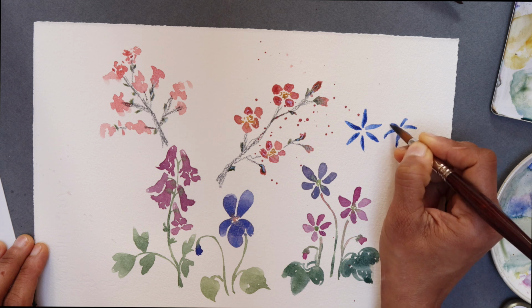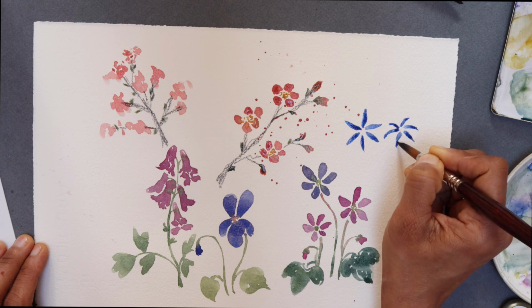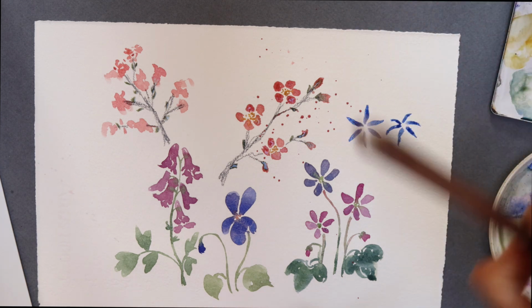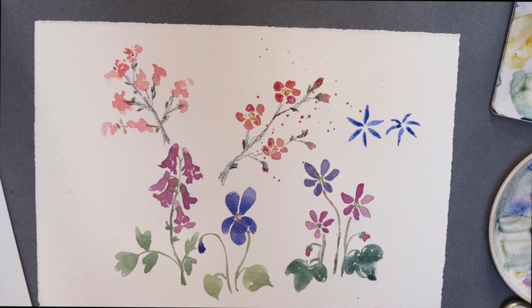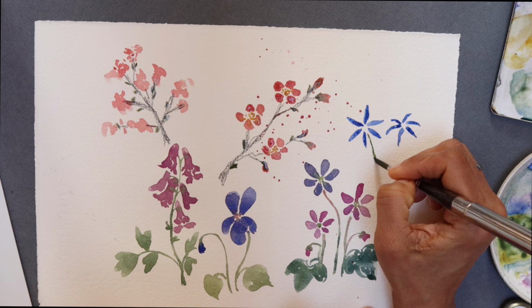They have really pointy petals, so I'm just trying to. So whilst this is drying, I'm going to take a second brush and mix a bit of green again. I should probably mix the green in bulk, but this is how I paint, as you can see. And so they have this stalk coming like that,